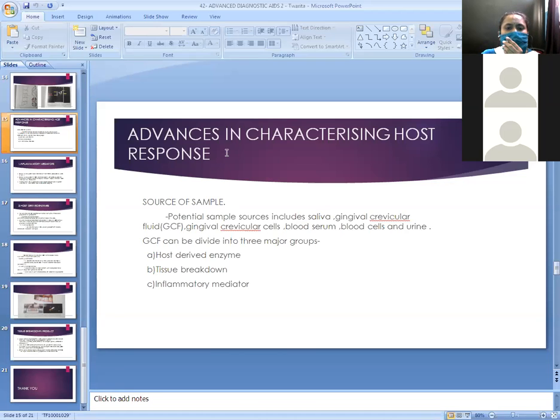Then advances in enzymatic tests. So these enzymes are host-derived enzymes, or tissue breakdown enzymes, or others. Means what happens, the microorganism and tissue interaction takes place. And during that tissue interaction,